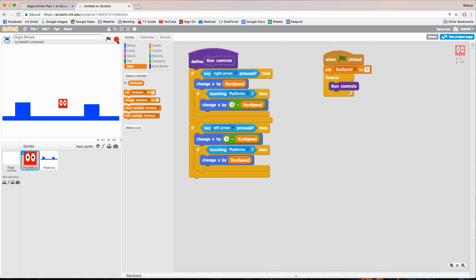The next thing I'm going to do is bring some gravity into our game, so we can fall out of the sky and land on the platform here. So to do that, we need to add some new variables. So go to your data tab, and we're going to make 2 new variables. One is called fall speed. Make sure you check for all sprites, and uncheck the box next to fall speed so it doesn't